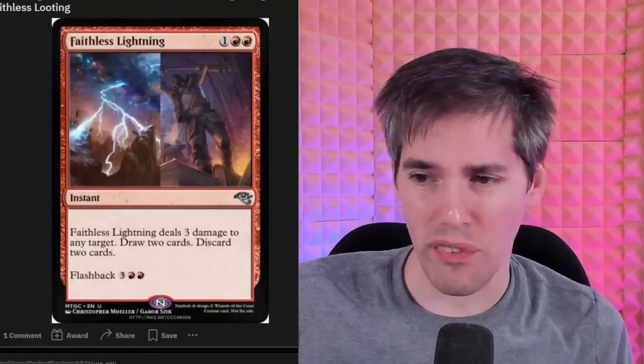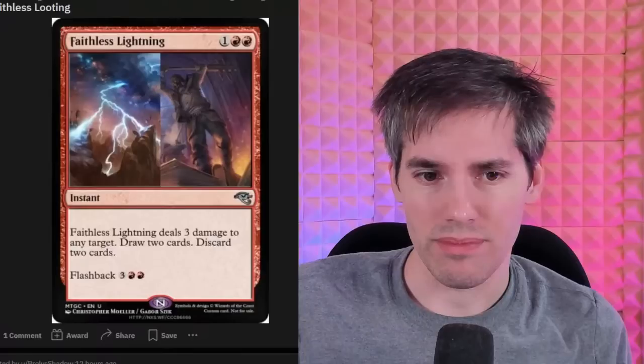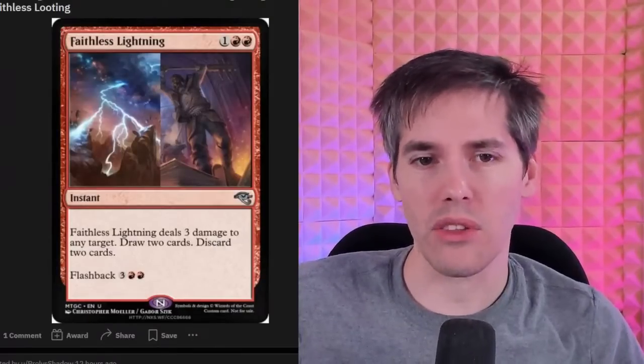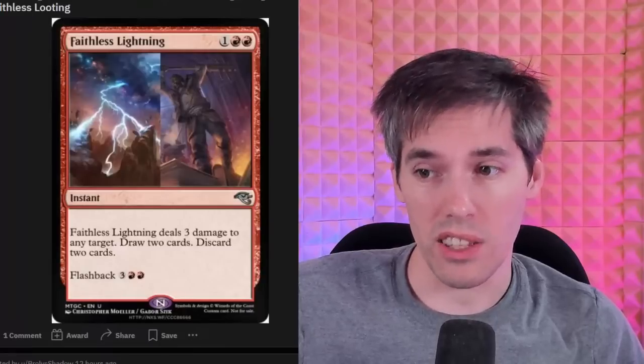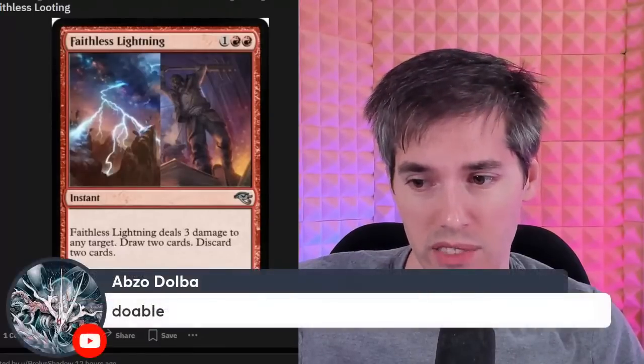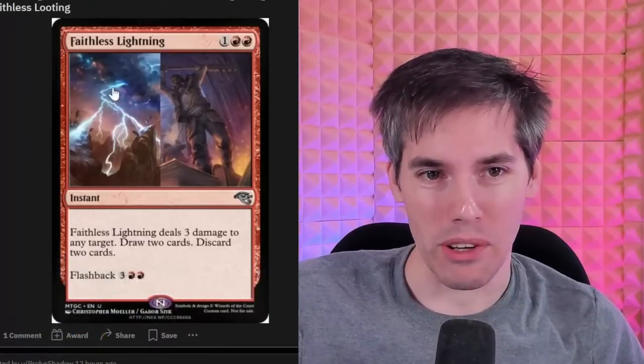I think it's fair. Like, honestly, it's a 3 mana deal. It's like a 3 mana Faithless Looting. It is instant speed, though. Now, that is not super common. I mean, that is, yeah, it's very doable. 100% doable. 100% AI art? What are you talking about? It's just...